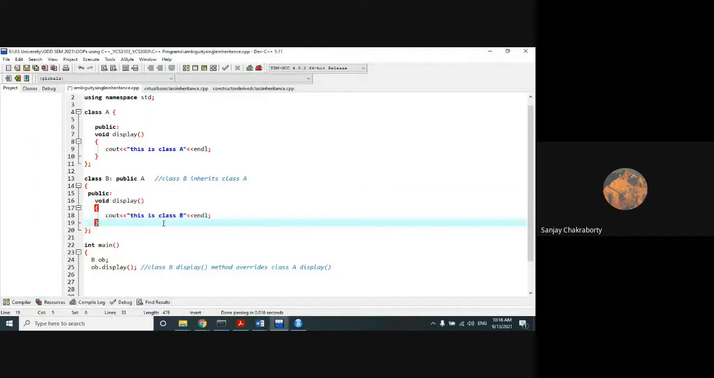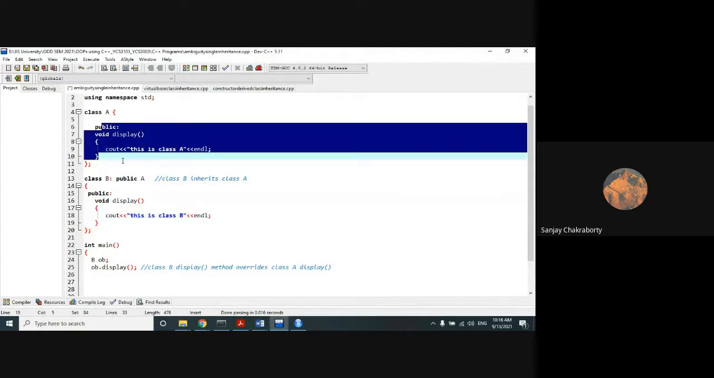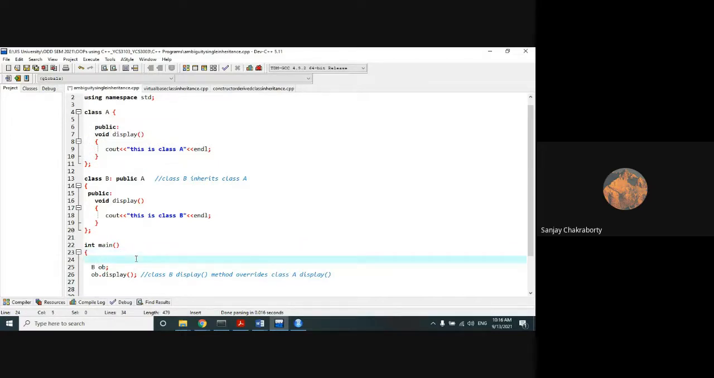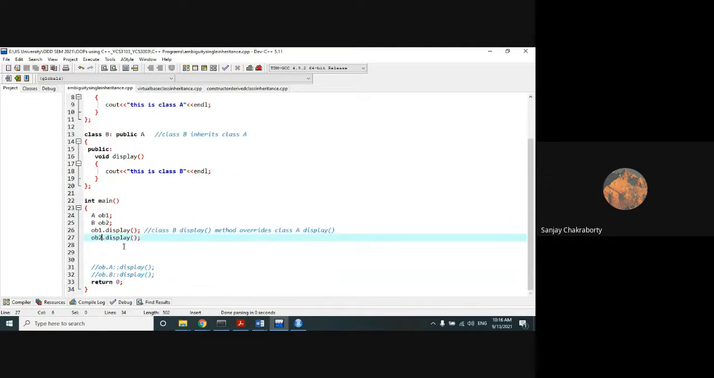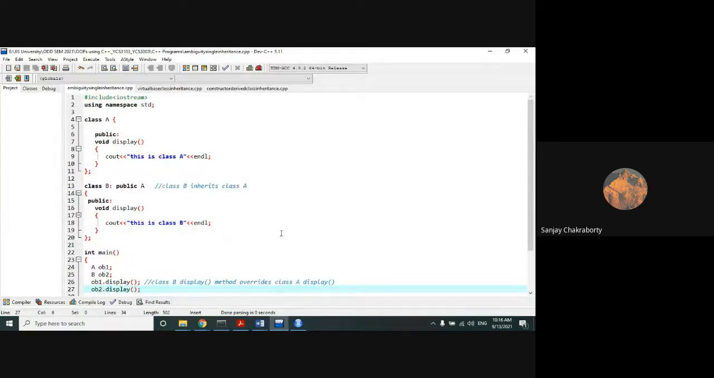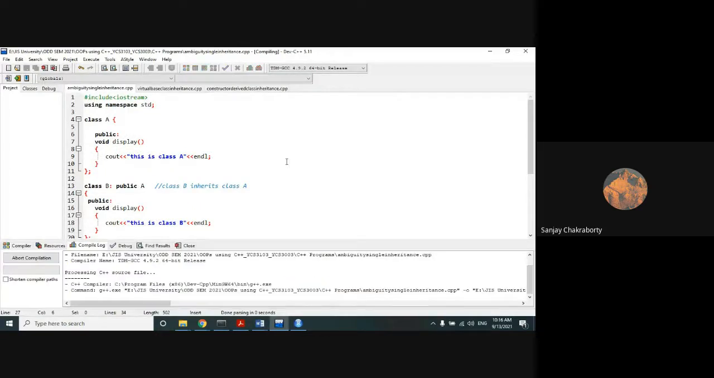We will have to create an object of each and every class. So here, first we'll create the object of class A, suppose OB1, and then we create an object of class B, suppose OB2. So we are going to call OB1.display and OB2.display. Do all of you agree with me? So if we run this code,